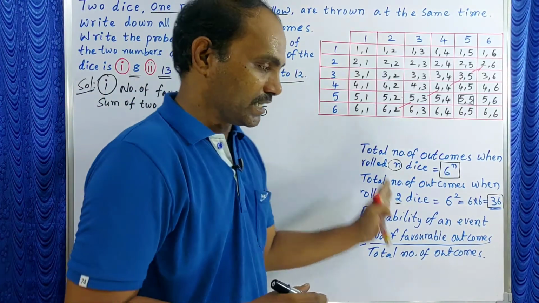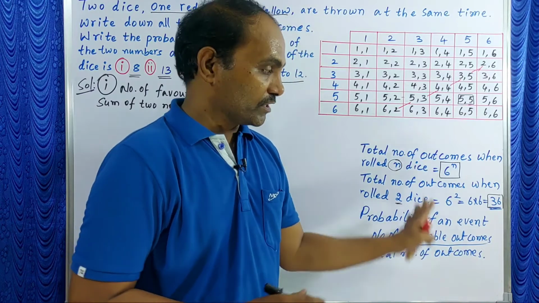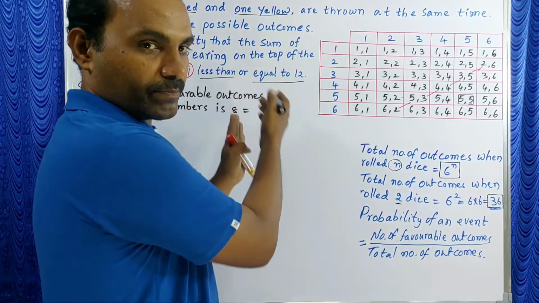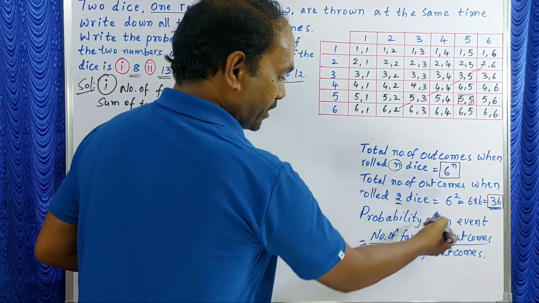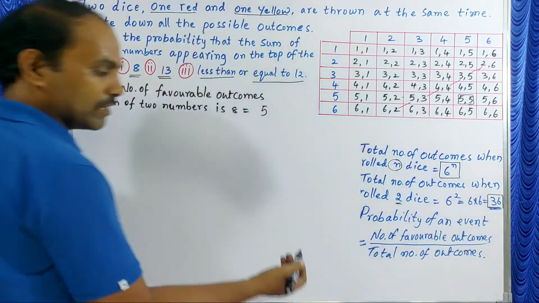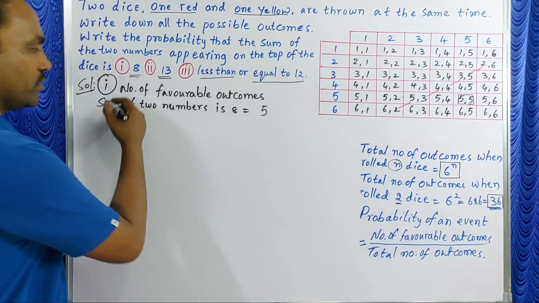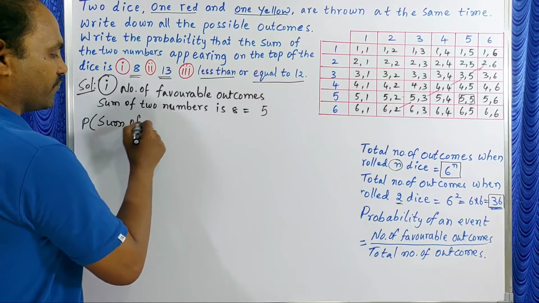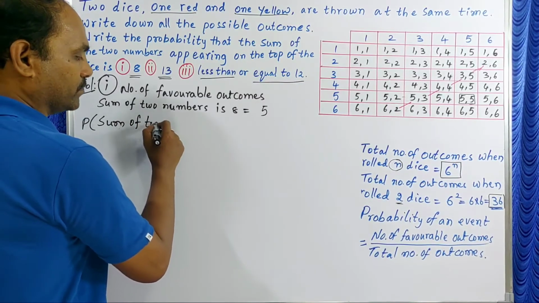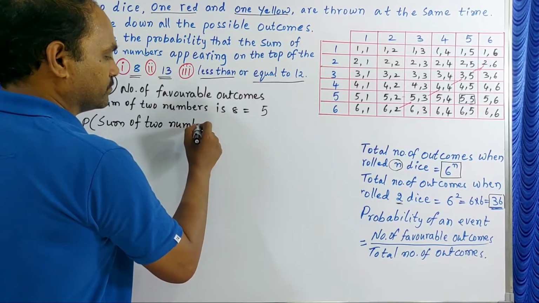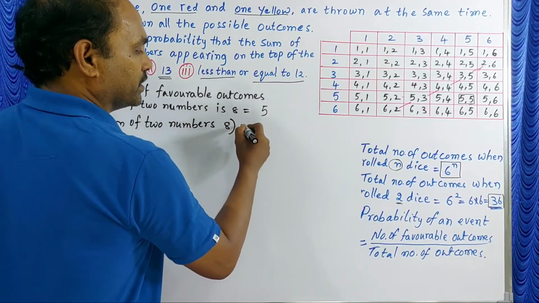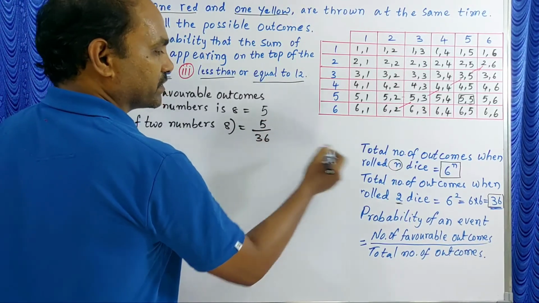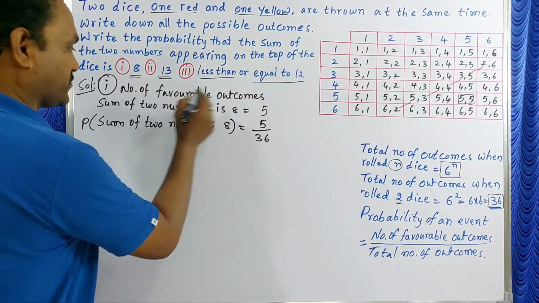Already we discussed this, I wrote this one also. First you should write this one, after that you should continue for this type of questions. Already we wrote the probability of an event is equal to number of favorable outcomes by total number of outcomes. So here probability of sum of two numbers 8 is equal to favorable outcomes 5 by total outcomes 36. Now the second one,